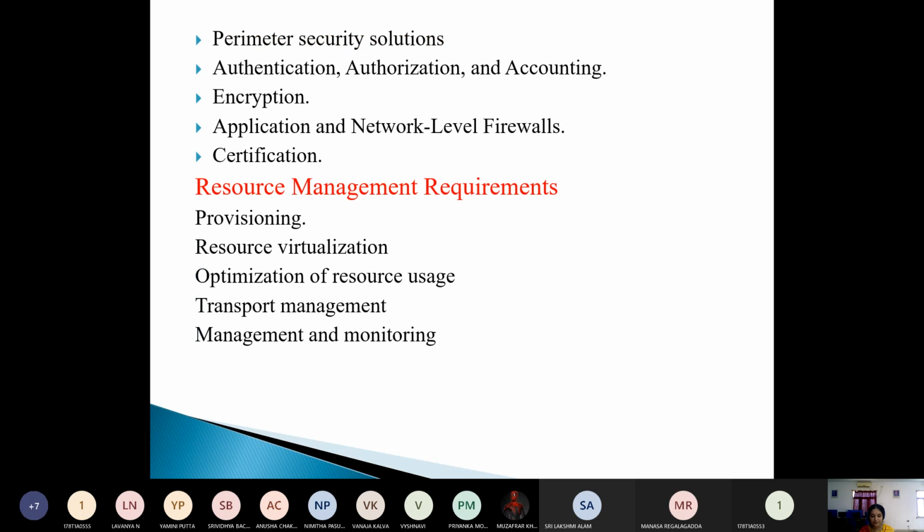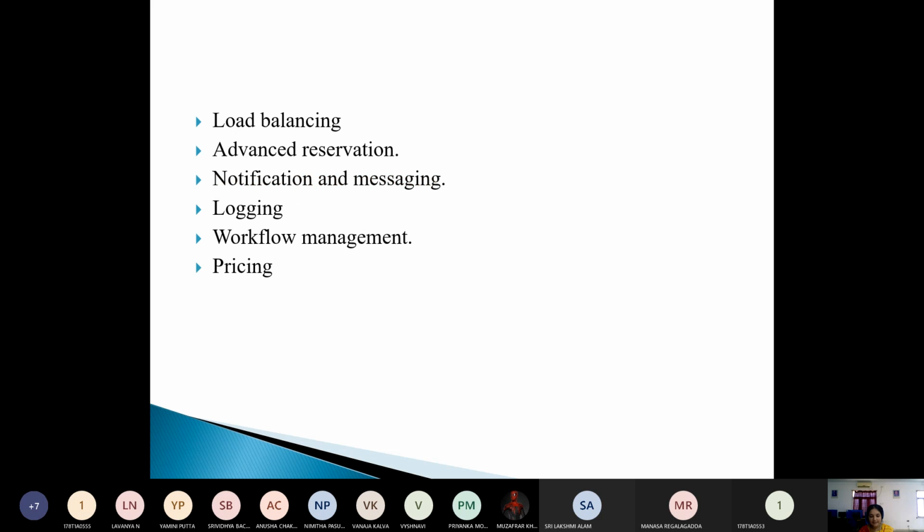What is meant by resource management? The requirements are provisioning, resource virtualization, transport management and monitoring, and resource usage. Next, load balancing, advanced reservation, notifications and messaging, logging, workflow management, and pricing. These are the basic functions. Okay,